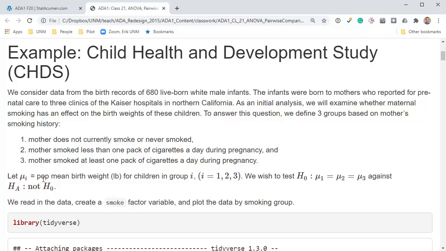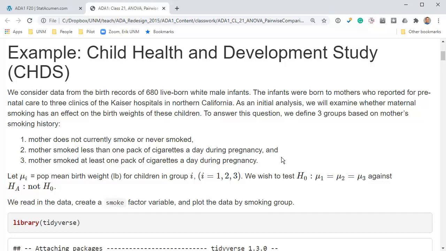We have a null, well, let's define some variables here. So mu1 or mu i is the population mean birth weight. Okay, so we're interested in the birth weight of the children. The population mean birth weight for the children in group i, where i is 1, 2, and 3, these three groups here. And we wish to test whether all the means are equal,